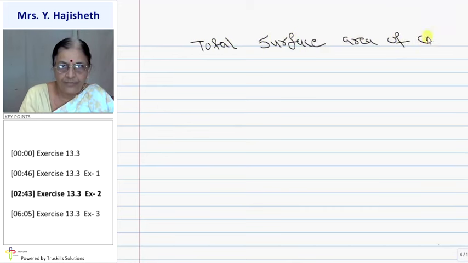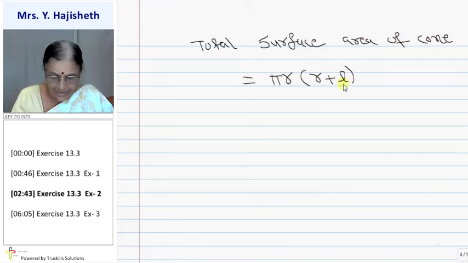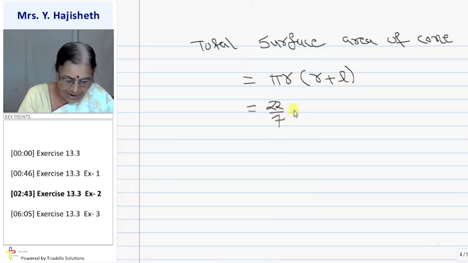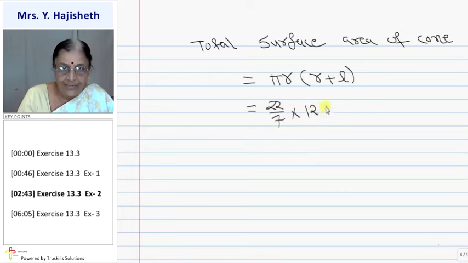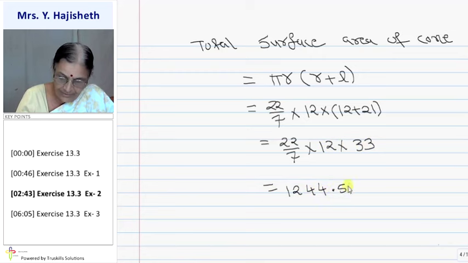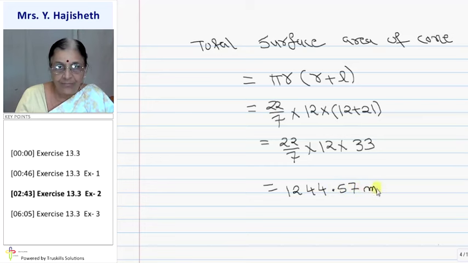And total surface area of cone is pi r in bracket r plus l. This is the formula, okay? Pi r square plus pi r l. You put the value: pi is 22 by 7, r is 12, and inside the bracket 12 plus 21 is 33. So it is 22 into 1/7 into 12 into 33. If you multiply and divide by 7, your answer will be 1244.57 meter square,